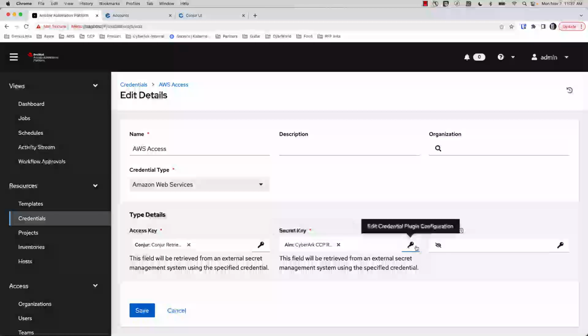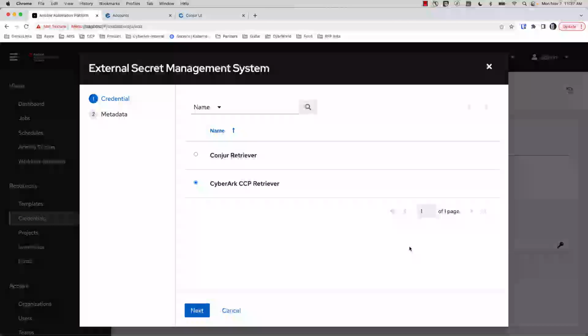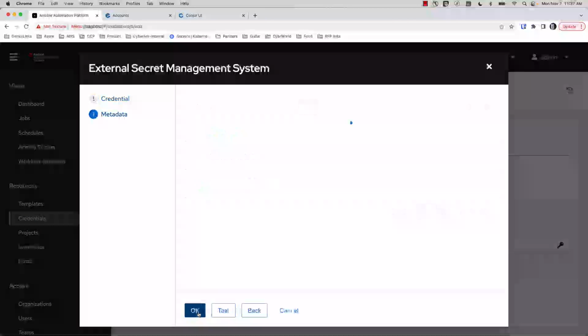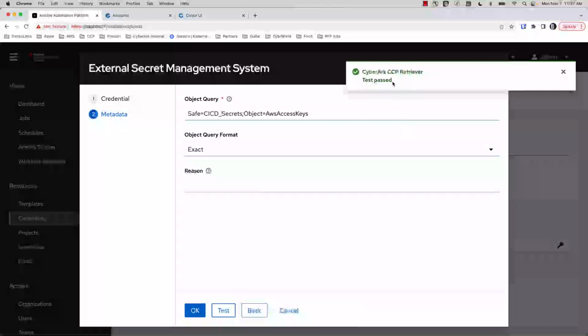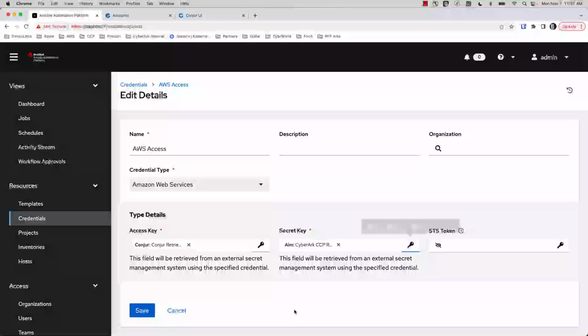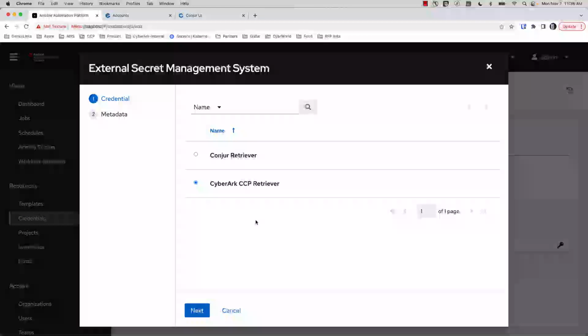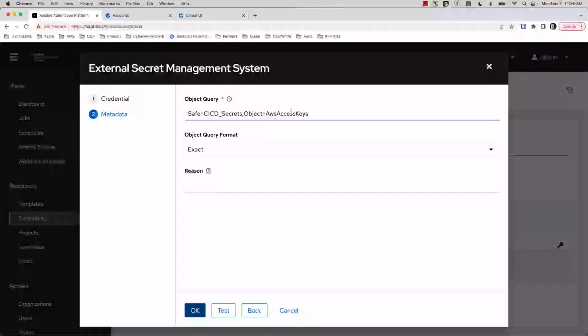Then we can see here's adding that credential. It's for the CyberArk CCP retriever. And then here is that query, which we can test. We can say, okay, does that ID work? Is the URL correct, etc. When we click this and test it, we see that it has passed. So that's really all there is to it: replacing the hard-coded secret and the hard-coded secret key here with the invocation of that retriever, and then specifying the safe and the object to retrieve from that safe in order